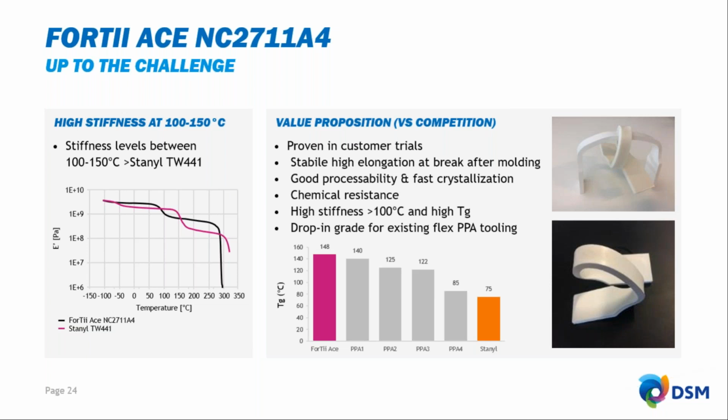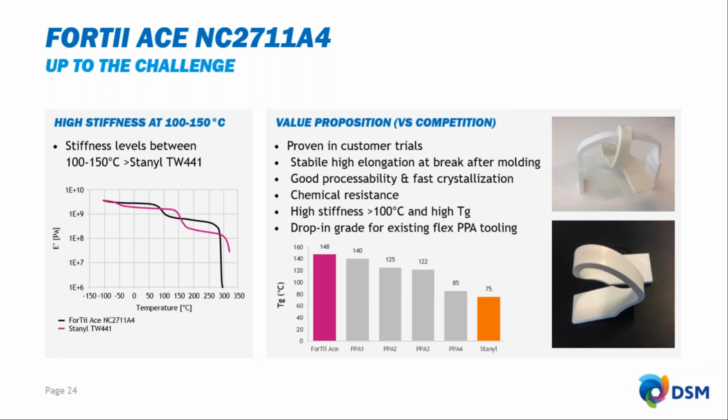We see the stiffness for the 4T ACE above the glass transition temperature is quite good. So what's important when choosing the right product for the application is to understand what temperature range we're playing in, as well as what the environment is. Stenil is a more hygroscopic material, so it would pick up more moisture than the 4T. So this is one of the reasons why the ACE product is positioned for oil and